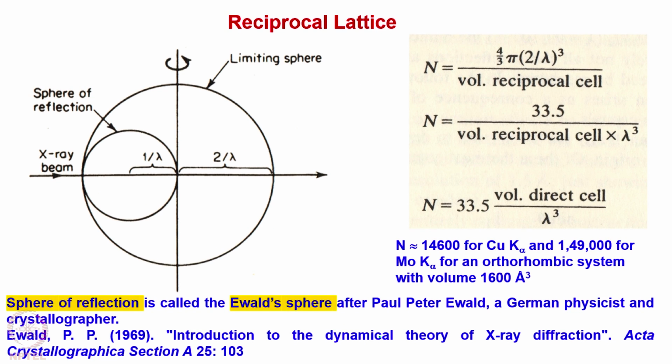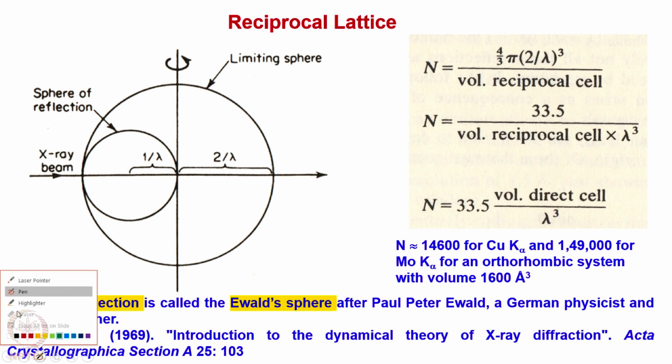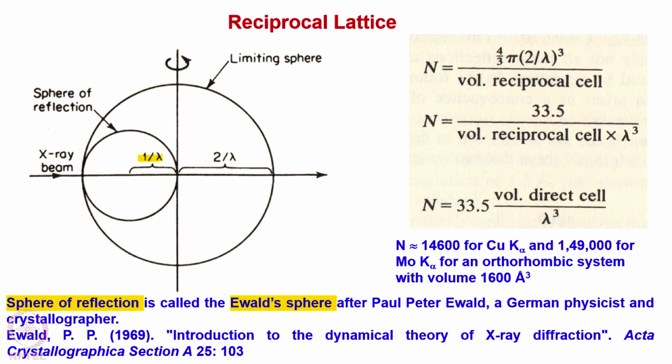Now, if we consider the sphere with radius 1 by lambda as shown here, we get a smaller sphere with radius 1 by lambda, and then a sphere with radius of 2 by lambda, which is the diameter of the smaller sphere,